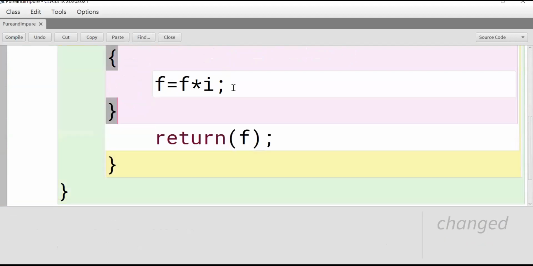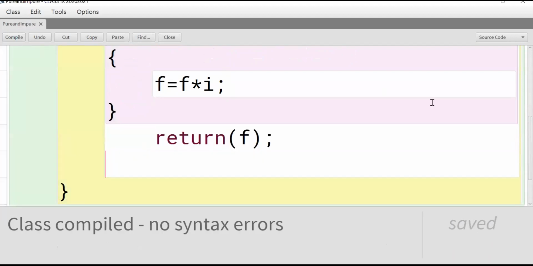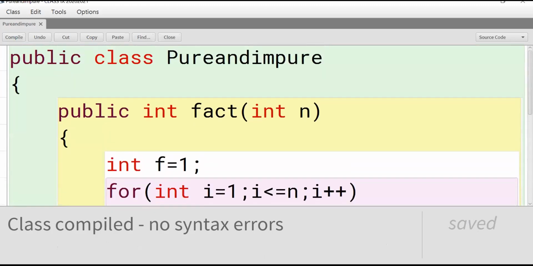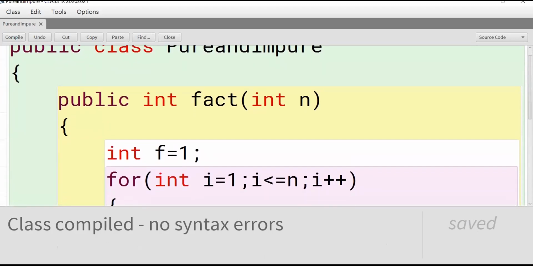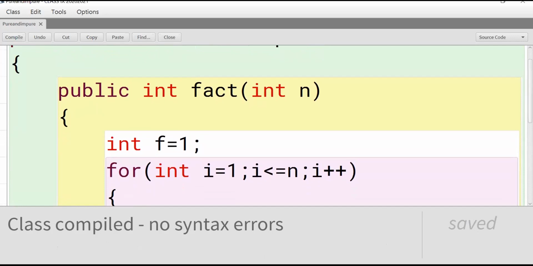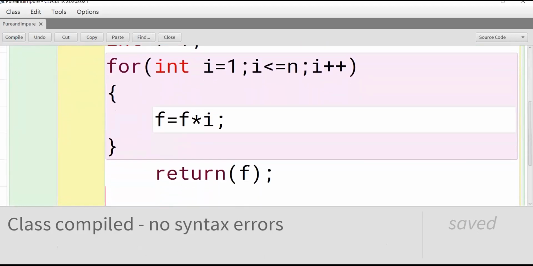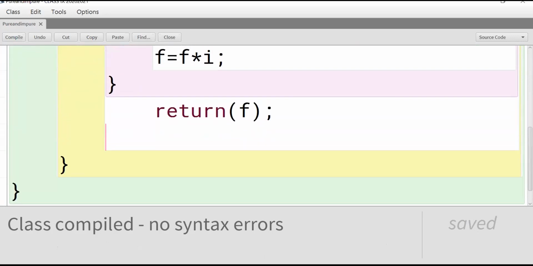See, no syntax errors. So a pure function always returns a value. So here this is an example for pure function.